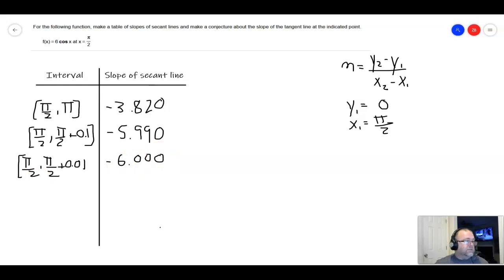Negative 6.000, and that is correct. And now we're going to go even farther out. As you can probably surmise by this point, if we want to go even closer to pi over 2, we're looking at pi over 2 plus